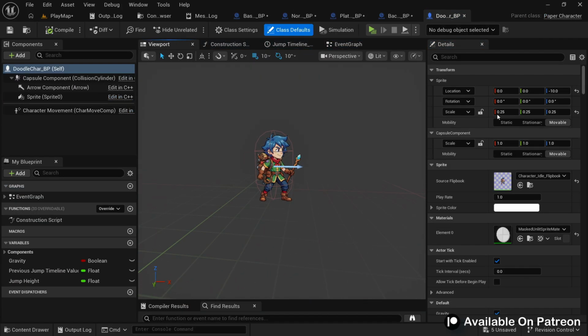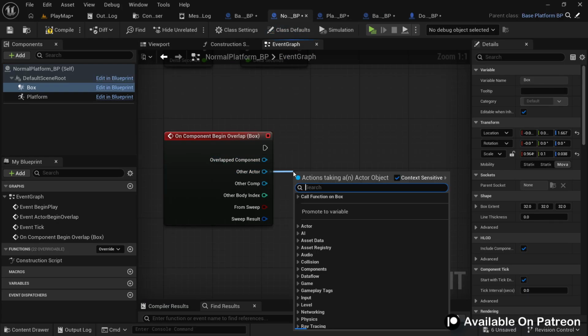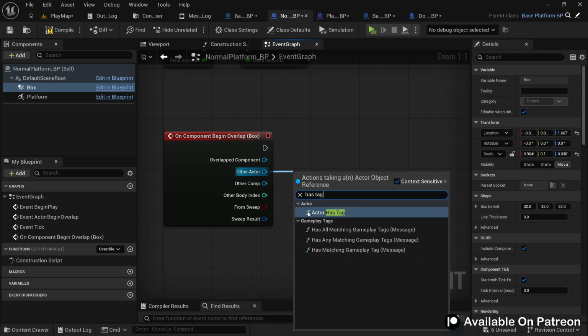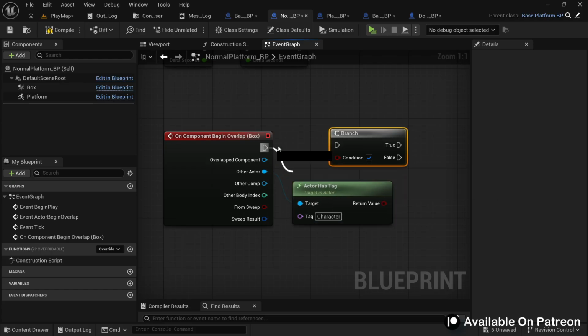And here from the details panel, let's search for tag, and here let's add a tag. Let's name this character. This tag will help us to identify this actor. So come back here, and now from here, search for actor has tag. Here it is. And here give it the same tag name that we used for a character,